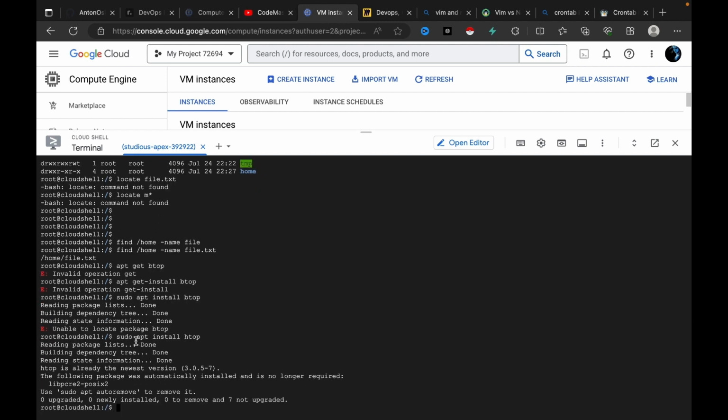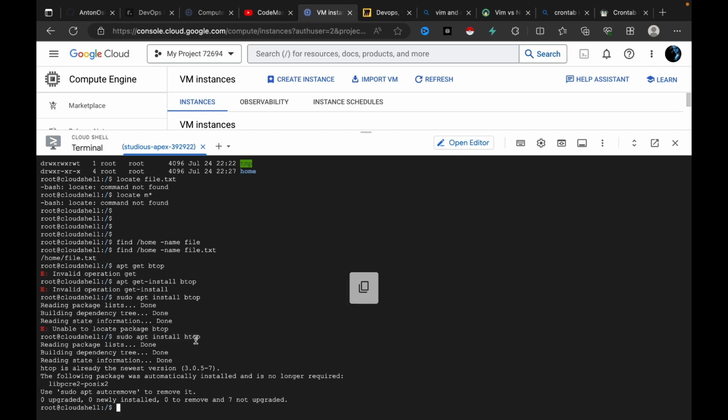If you are not root, sudo is something which will give you root access. Normally if you run this command, it will say permission denied. To give the command root access, you will add sudo. It's like in Windows you have run as administrator, remember? It's similar to that. And next, right now I have used this command and installed